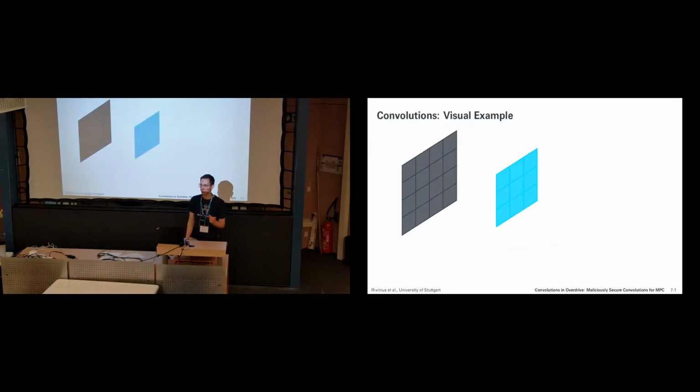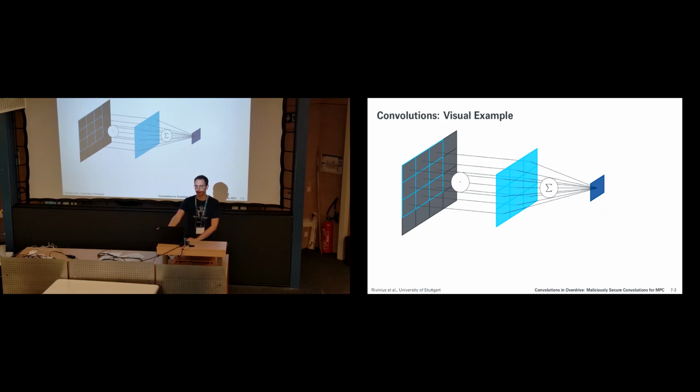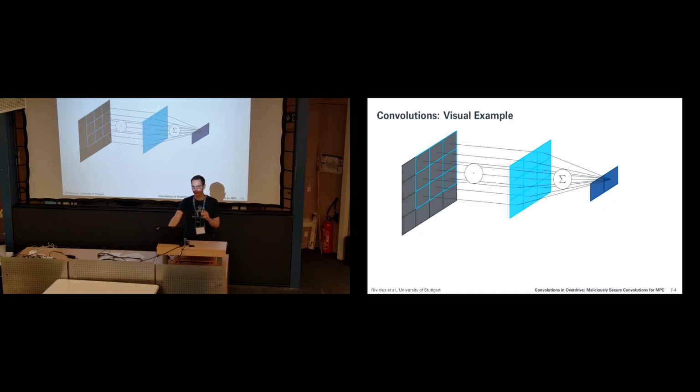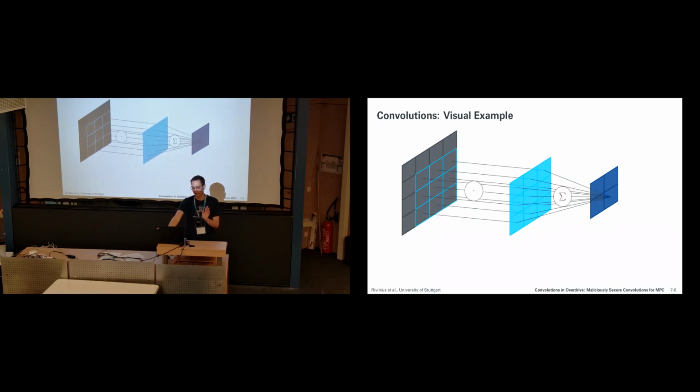So convolutions, just on the same page here is an example. On the left is an image, in the middle a filter. To compute the convolution, you align the filter on top of the image, multiply all the pixels that overlap, sum them up and get 1 pixel of the results. Then you move over your filter, do the same thing again. You can move over your whole image.